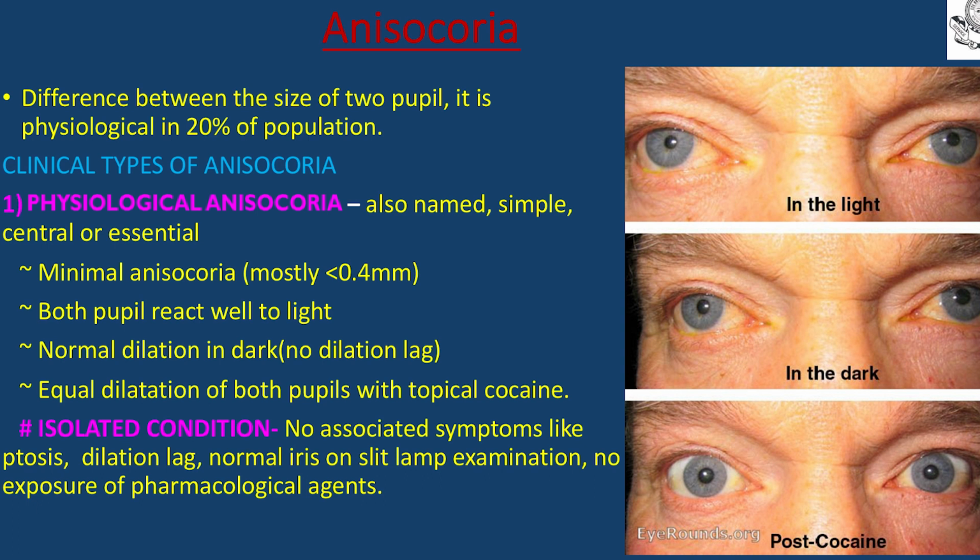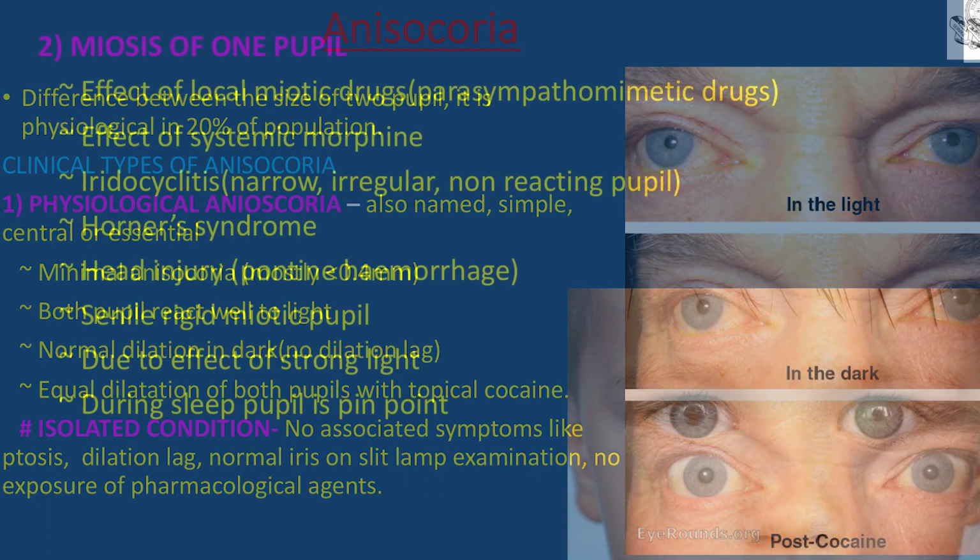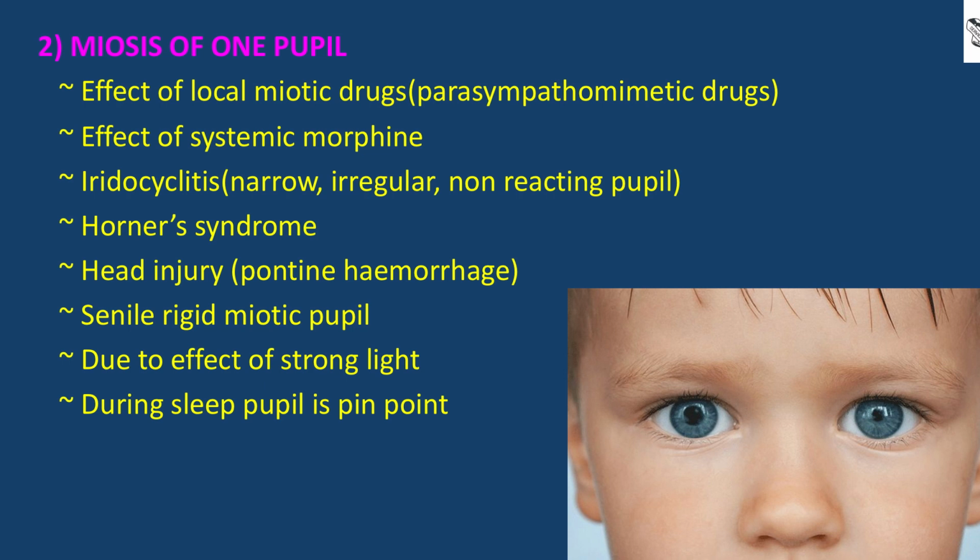Both pupils react well to light. Normal dilation in dark. No dilation lag and equal dilatation of both pupils with topical cocaine. In isolated condition, no associated symptoms like ptosis, dilation lag, normal iris on slit lamp examination, and no exposure of pharmacological agents. Meiosis of one pupil, effect of local miotic drugs like parasympathomimetic drugs, effect of systemic morphine, iridocyclitis, narrow,